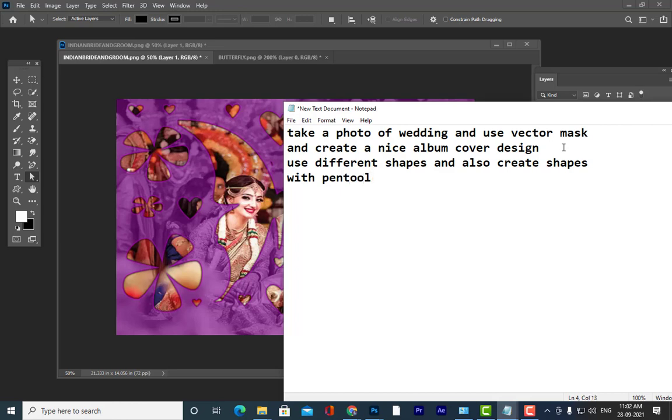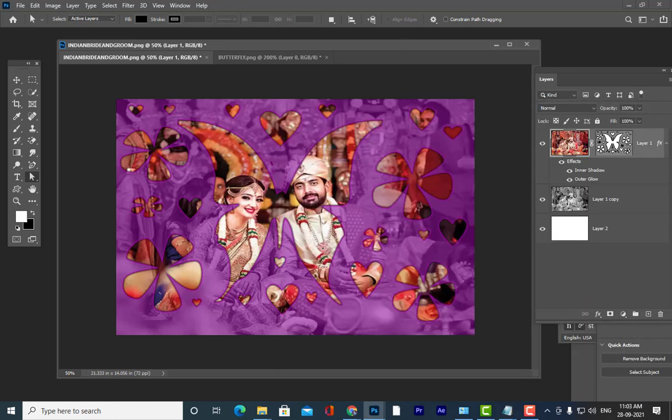Is it clear, all of you? Something like this, but try to use different shapes and use your creativity. Don't try to do exactly like how I did. You can also use your own ideas. Is it clear, all of you?